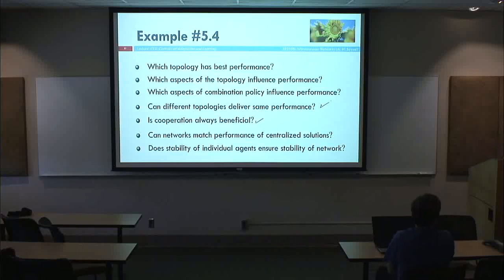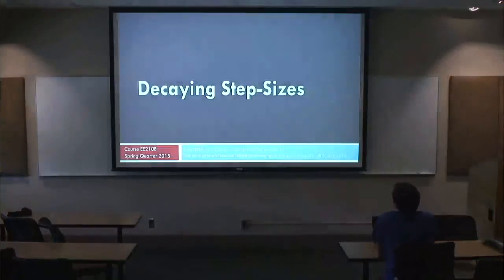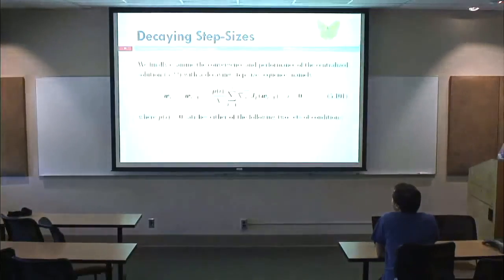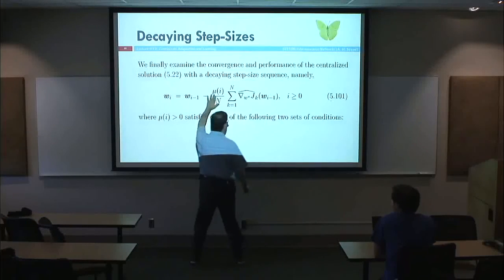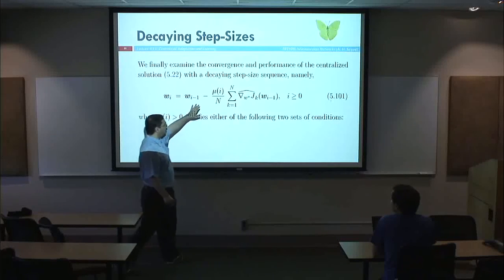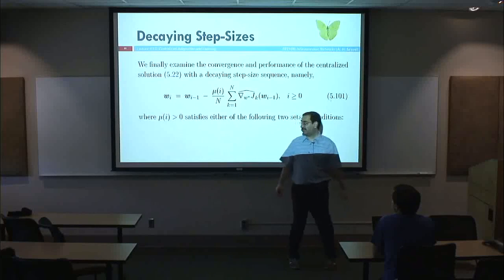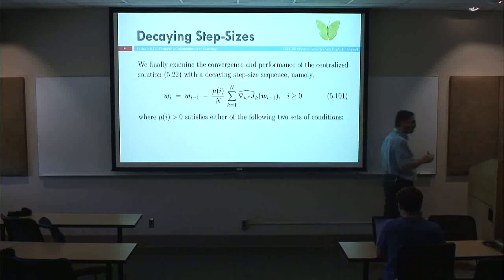Anyway, let me conclude this lecture by talking about the decaying step sizes case. Everything I talked about so far in this lecture focuses on constant step sizes, and that will be the emphasis in this course for the reasons I explained many times, because I'm interested in adaptive and learning solutions. But nevertheless, it's important to also talk about the decaying step size case, because like I said before, when the step size mu(i) goes to 0, and satisfies the two standard conditions that we impose,